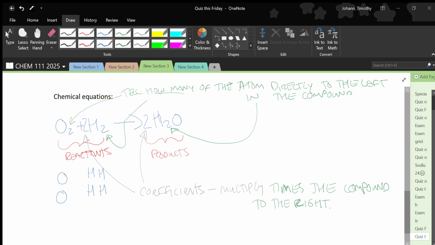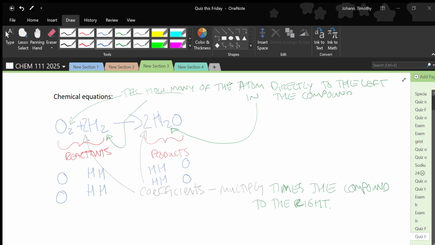On the other side, I have 2 water molecules. For each water molecule, there are 2 hydrogens, so I have 2 times 2 or 4 hydrogens. So I've got my 4 hydrogens again. And there's 1 oxygen per water molecule, so I have 2 oxygens. And this is a balanced equation, which is the main thing we're going to be working on today. This is messy. But if you look at this, we have the same number of atoms on each side